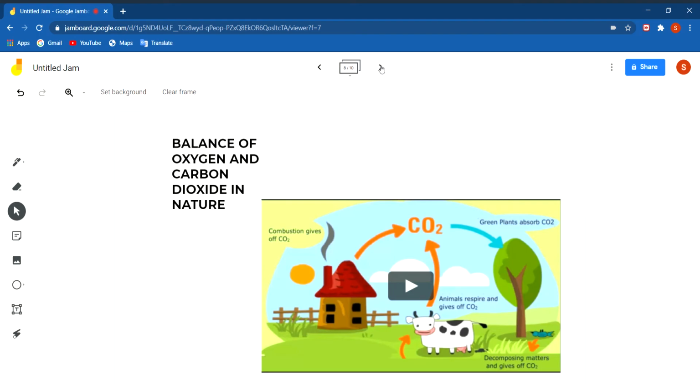Then how is this balance maintained? All animals and plants inhale oxygen from the air and exhale carbon dioxide, which goes into the air. Then green plants take this carbon dioxide from the air for making their food by the process of photosynthesis. They give out oxygen in return, as you have read. In the process of respiration taking place during the day, the oxygen released during photosynthesis is more than the oxygen used in respiration. Therefore, there is a net release of oxygen in the air, and no pollution, that is why.